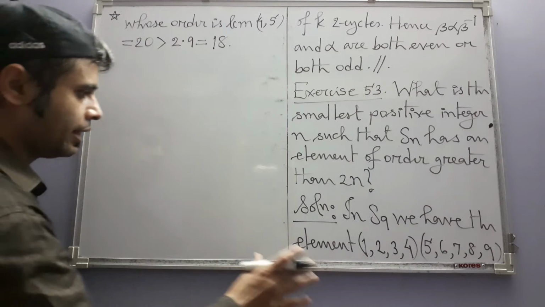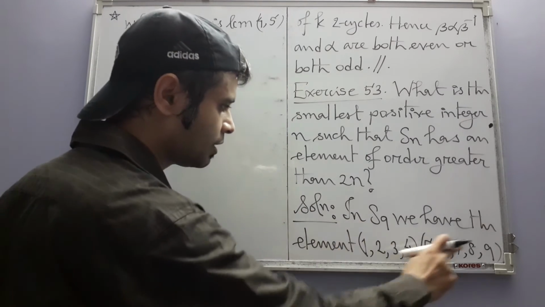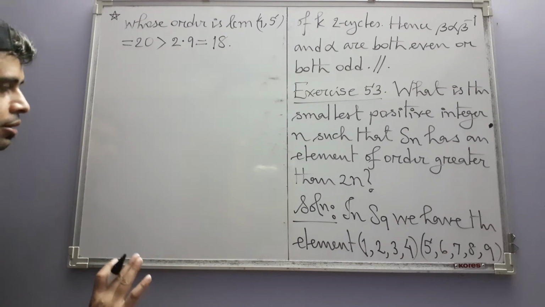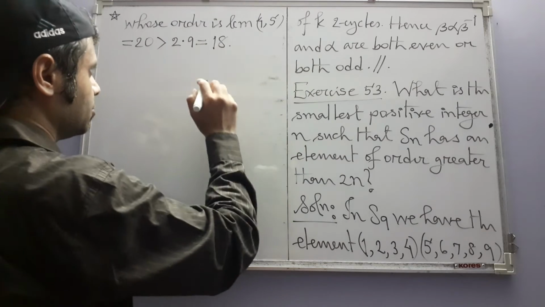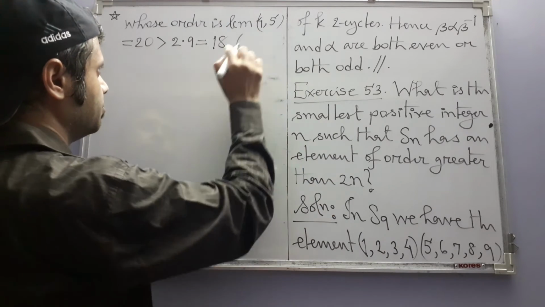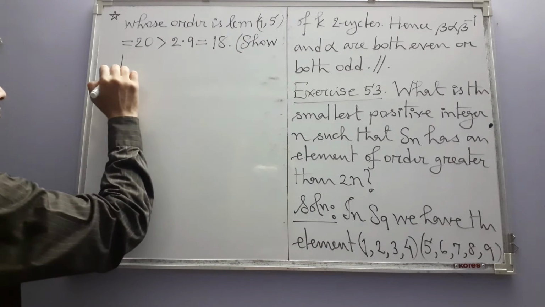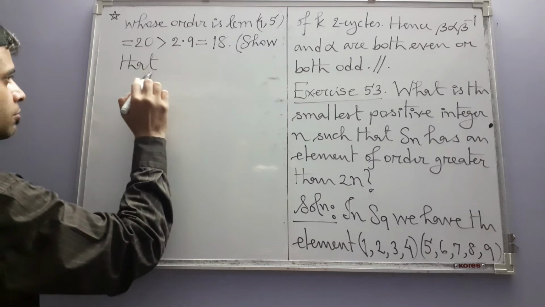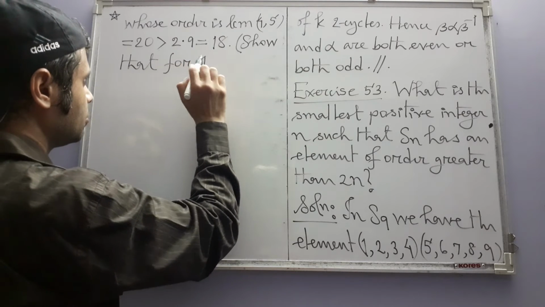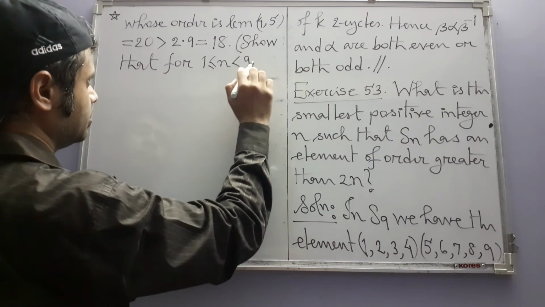So there is nothing else to see in this case, because in this group you have in fact found one element whose order exceeds 2n. But now here I leave some work to you. Show that for n less than 9,